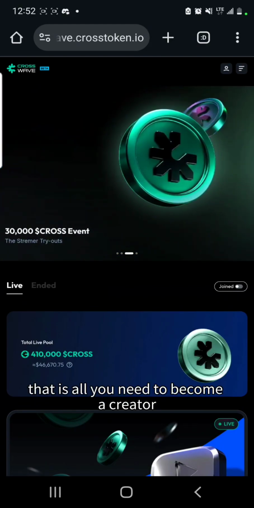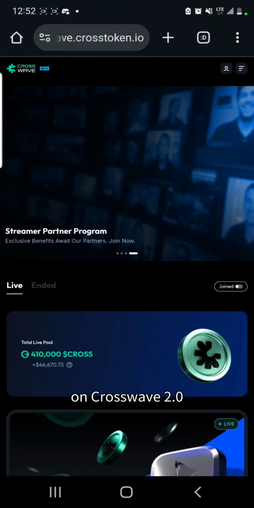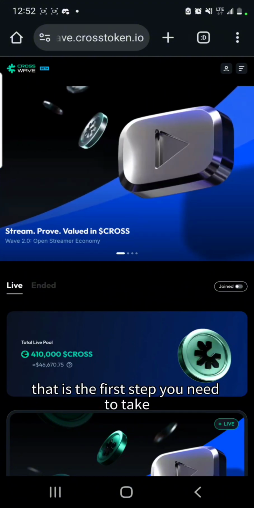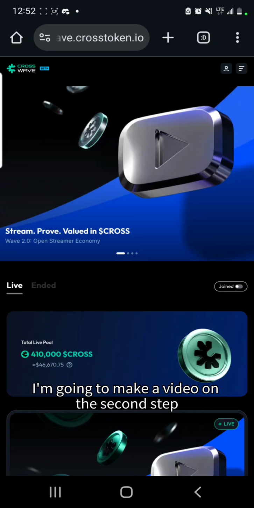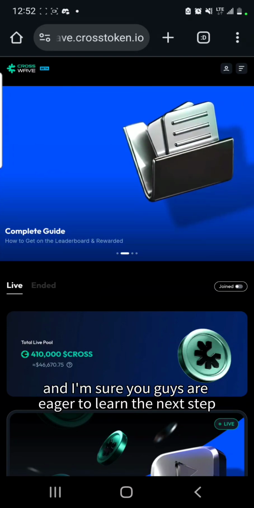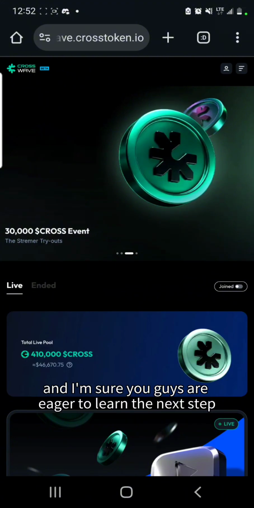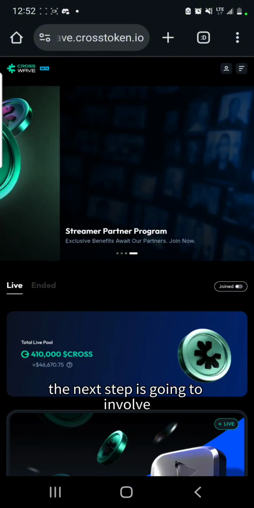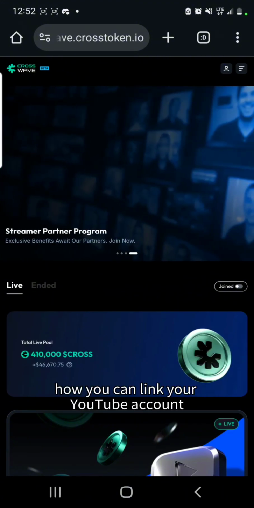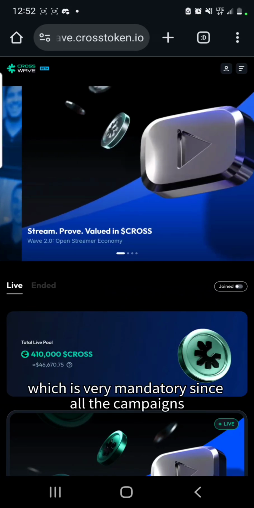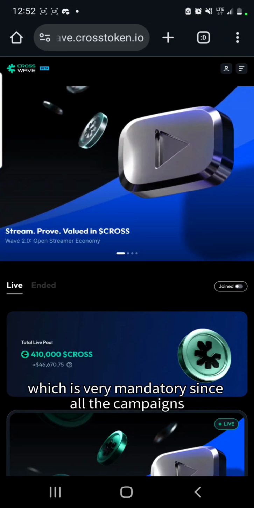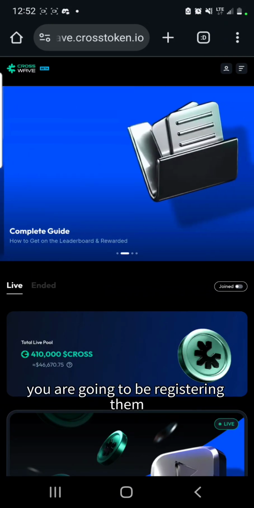That is all you need to become a creator on Crosswave 2.0. That is the first step you need to take. I'm going to make a video on the second step, and I'm sure you guys are eager to learn the next step. The next step is going to involve how you can link your YouTube account, which is very mandatory, since all the campaigns you are going to be registering them